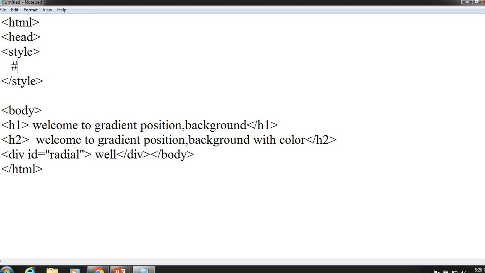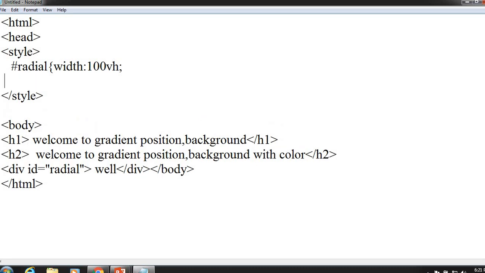So the name of the ID is radial. Here we can group the properties, like we can give the width, for example I will give 100vh, that is the viewport height. vh indicates the viewport height.